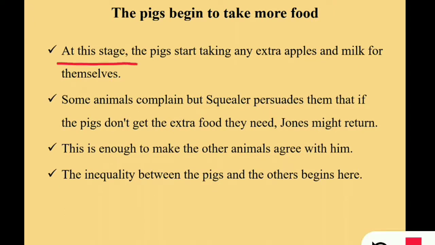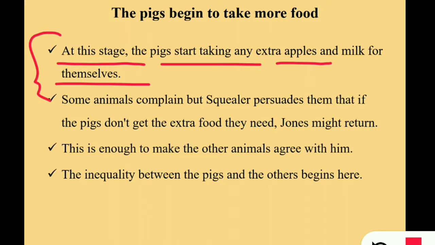At this stage, the pigs start taking extra apples and milk for themselves. Here, the leaders also became very self-centered. Not only this, they had become less sensitive towards common people. Some of the animals complain,